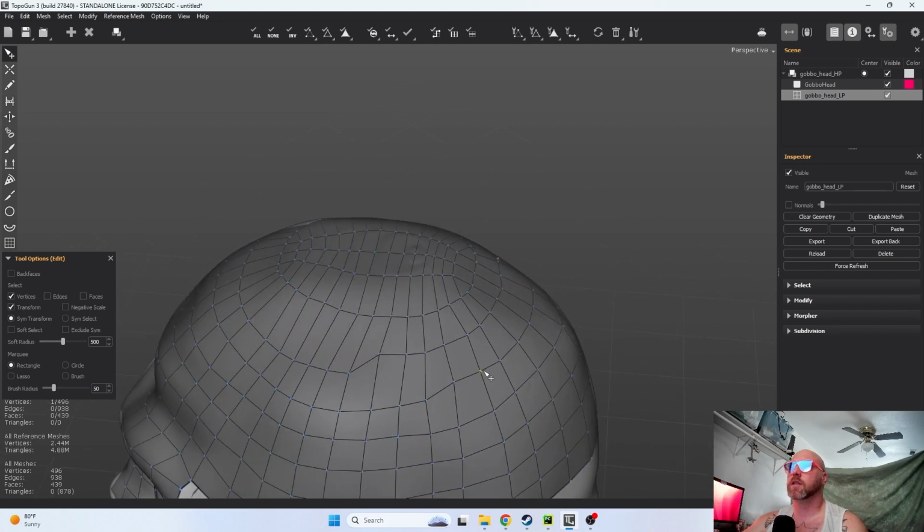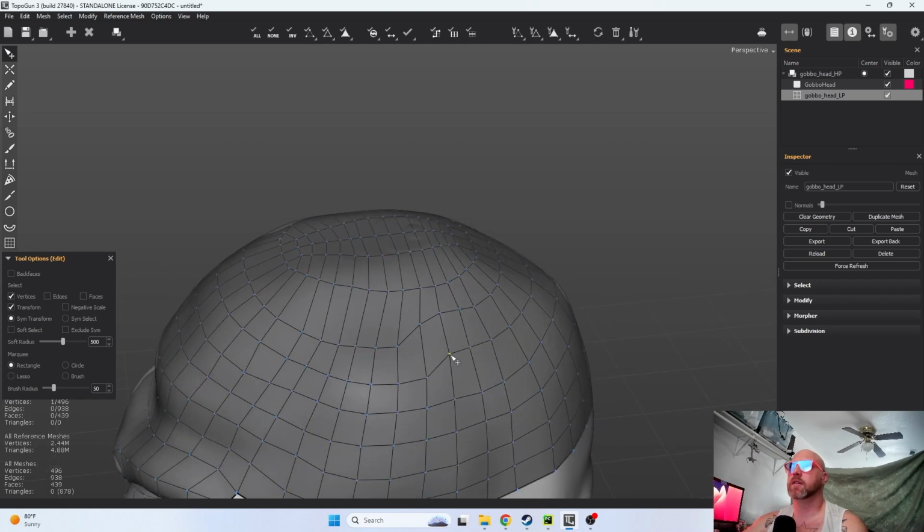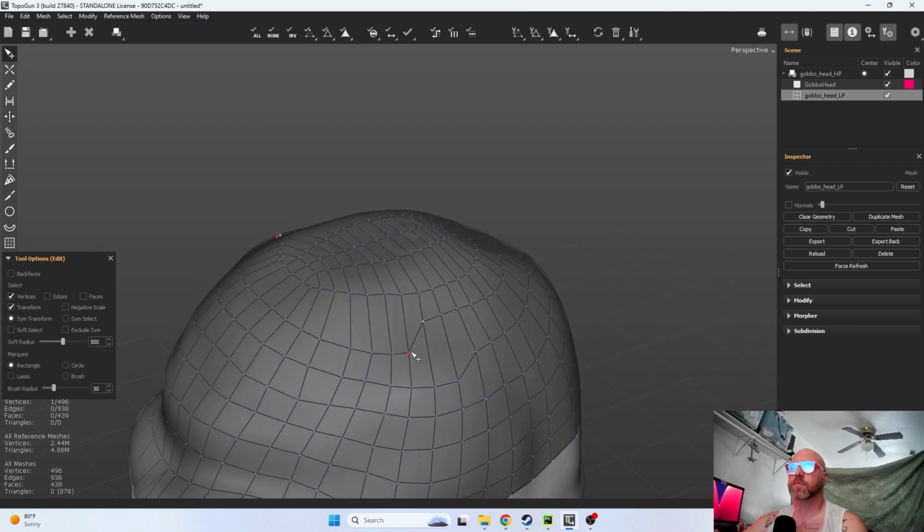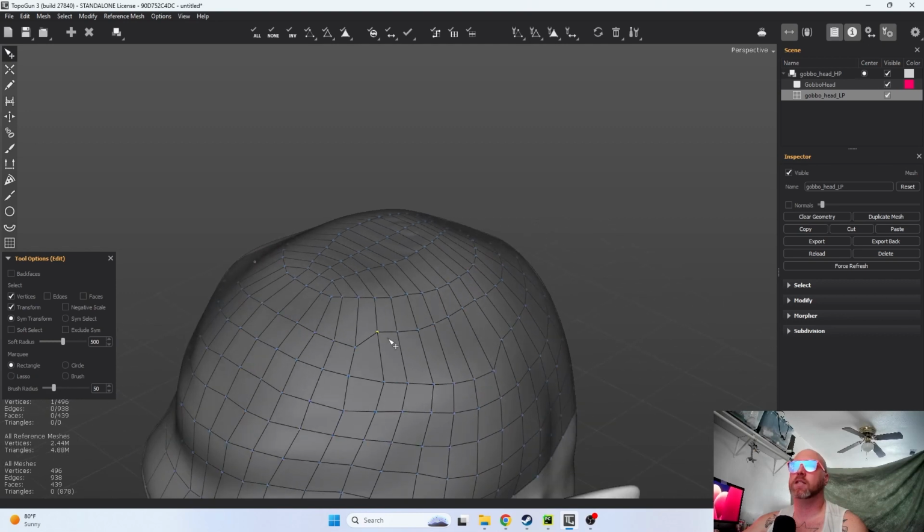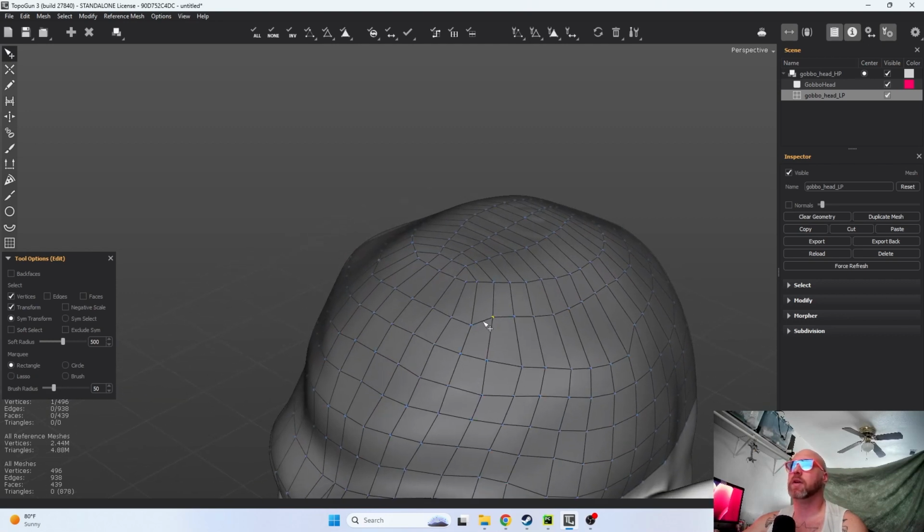This is the law. We must make quads. Make everything into quads. Occasional triangle, but don't get crazy with it, you know. That's it. Because the triangles cause an issue. If you want to throw your multi-resolution modifiers on these, the quad is the easiest to subdivide, right? So we want